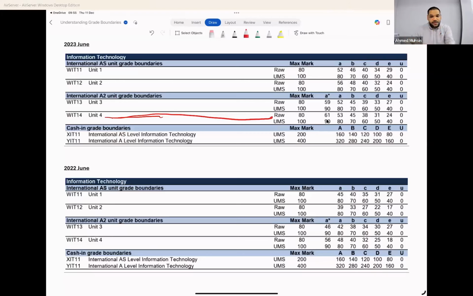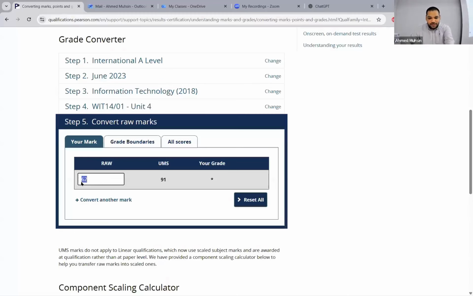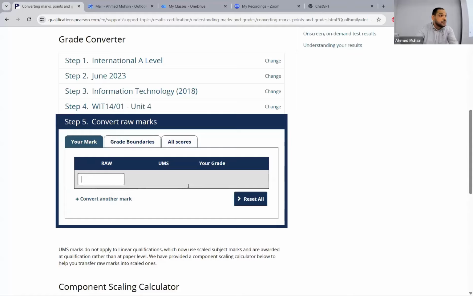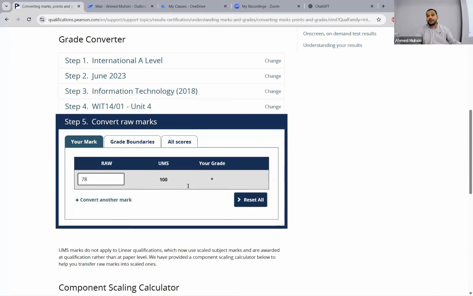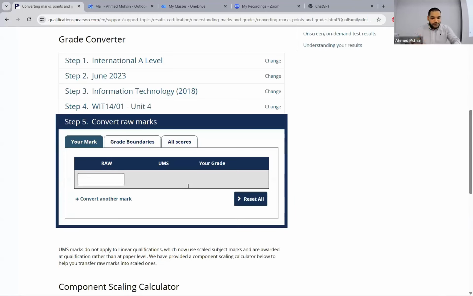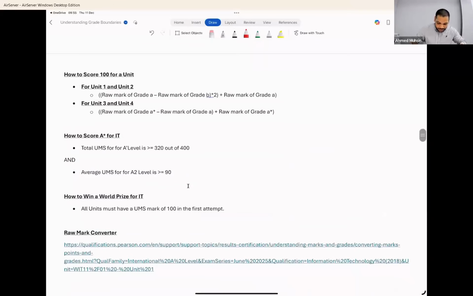So everyone watch this. I'm going to put 68 over here. It's 99, A star. The moment you hit 69, you get 100. Let's say you scored 71. She scored 78 out of 80. She scored 100 marks. She made a mistake, but still she has achieved 100 marks. Did you guys understand this? Is that formula okay, guys? Can you look at this formula again? I'm going to highlight this formula. Everybody okay with this?